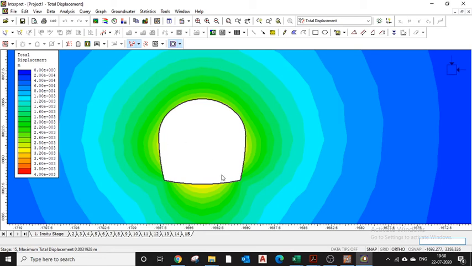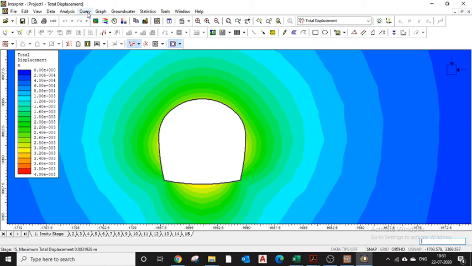For conditions like this, generally I will choose the maximum displacement. When we are going with a circular tunnel, we will have the same amount of displacement everywhere, but when we are going for a horseshoe shaped tunnel, your displacement will be a little bit different because of the shape. I always practice keeping the maximum displacement to plot my GRC curve.